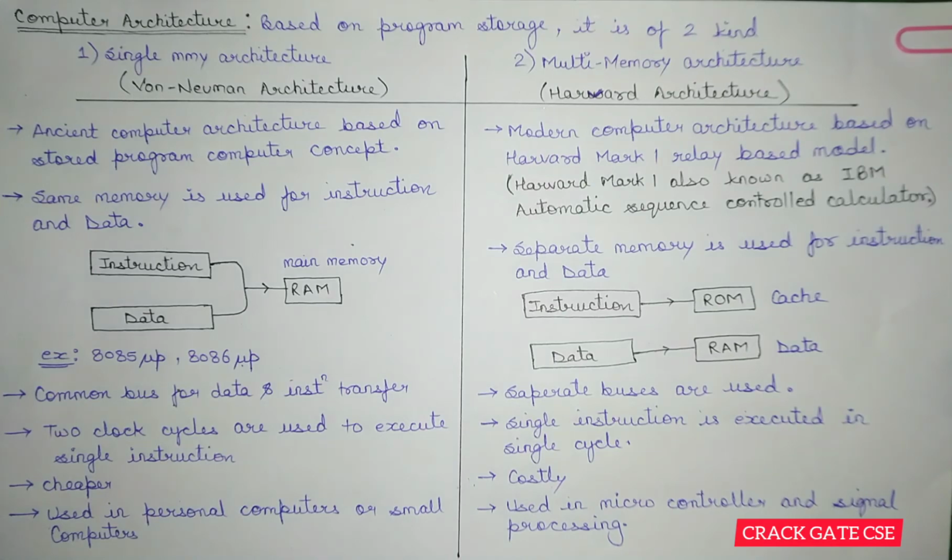Now, why are we moving on to the Harvard architecture instead of von Neumann architecture? There is a bottleneck. What is the bottleneck? In this particular von Neumann architecture, it doesn't depend on the number of programs or instructions you are giving, it will be executing all the instructions in a sequence. That means one after another. So the performance is always an issue with this von Neumann architecture, and this issue is known as the von Neumann bottleneck, and that particular bottleneck can be easily resolved in the Harvard architecture.